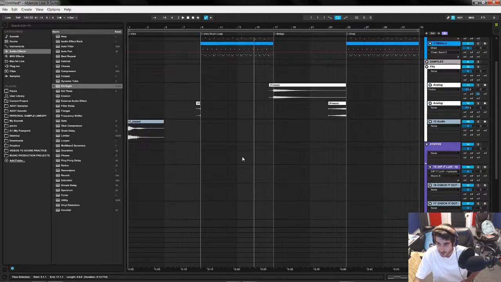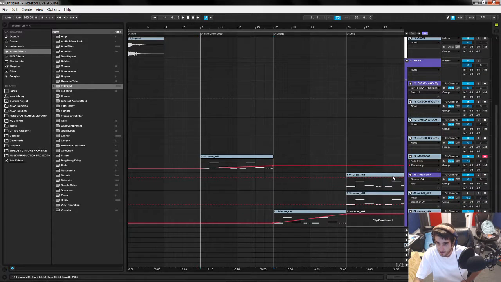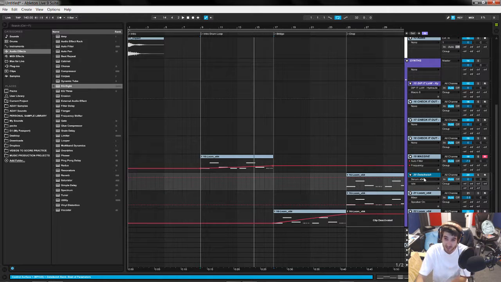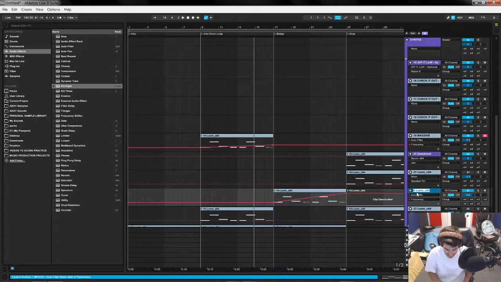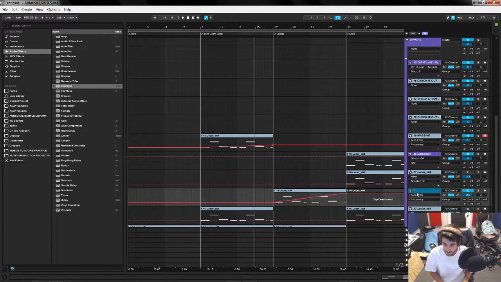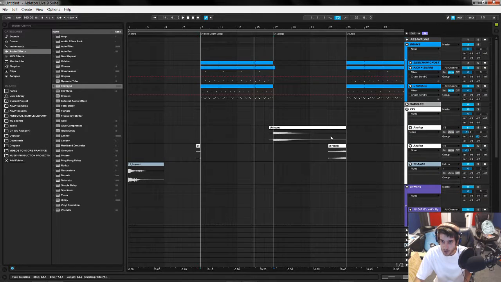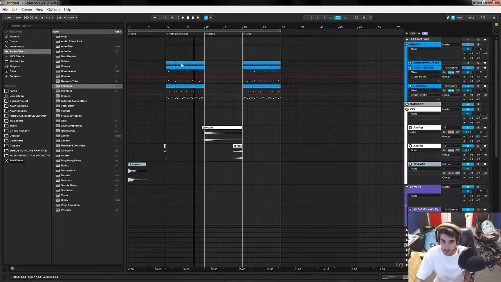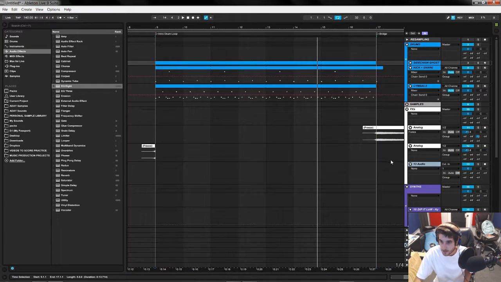So the side chain, though. How I do the side chain is, if I don't want to side chain all of these, I'll rename it and add a star in front of it. That way I know it's not going to the group. It's going to the side chain, just so I don't forget. But I'm pretty sure I want all of this side chained. So let me make sure the side chain is set up. We got L on the 1 and 3, 2 and 3.